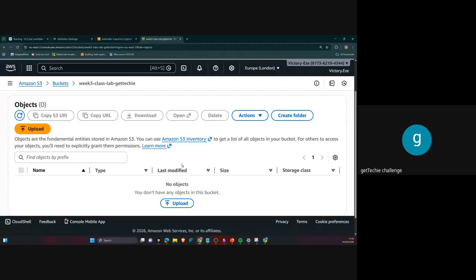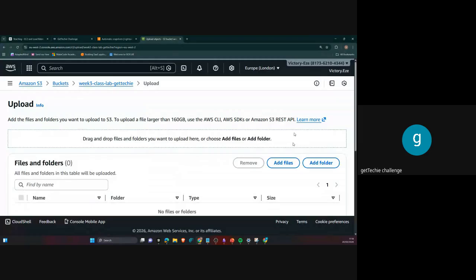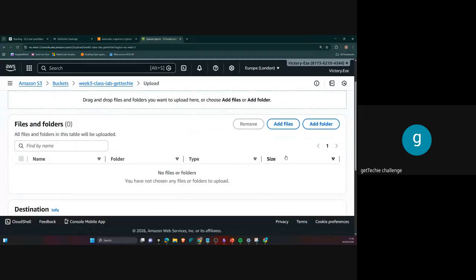You can actually use an application to upload files into this bucket. You as a person can upload files into this bucket. We demonstrated that last week. When you click on upload, it will take you to a page and you can actually upload directly from your computer. Do you understand? So imagine you have a lot of things that is slowing your system down. Just the way you upload things to your Google Cloud, you can actually upload to S3.